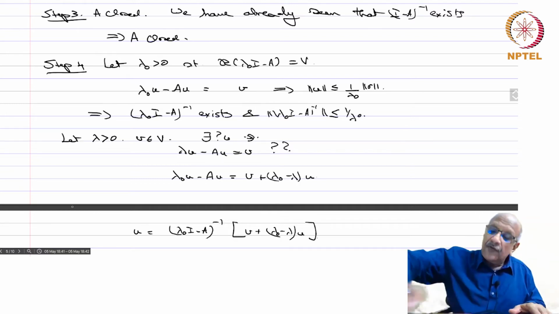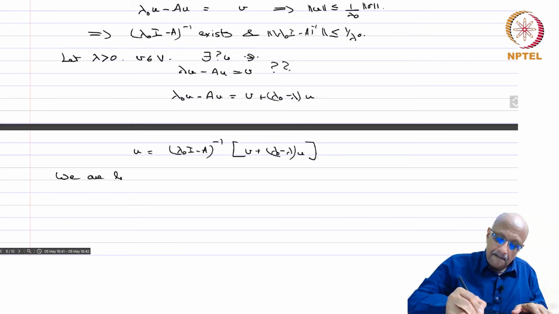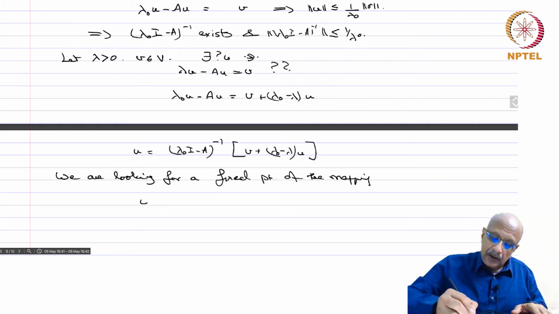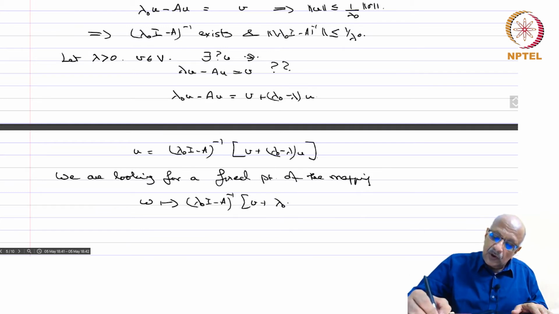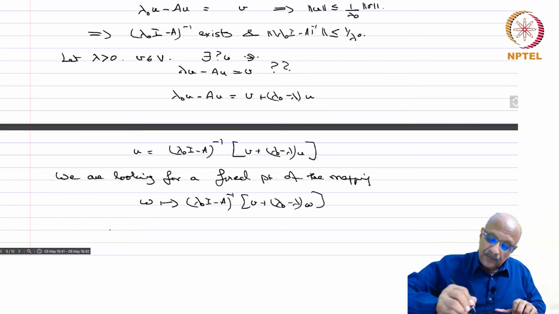So, we are looking for a fixed point of the mapping w going to (lambda naught I minus A) inverse of (v plus (lambda naught minus lambda) w). If we have a fixed point u, that is precisely the solution, and therefore we can solve it. Now call this f of w,